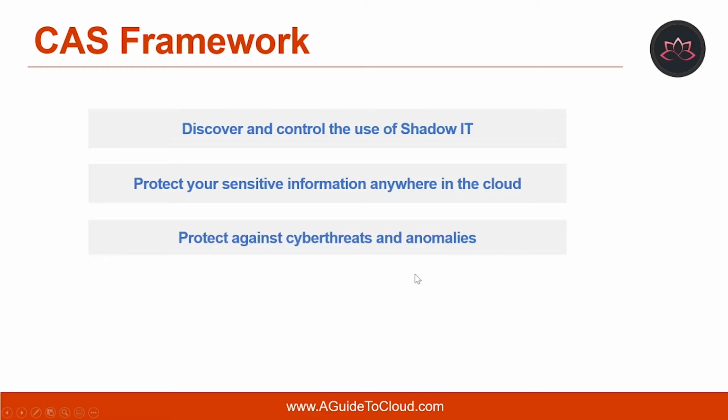Then protect against cyber threats and anomalies. This will help you detect unusual behavior across cloud apps to identify ransomware, compromised users, or rogue applications, analyze high-risk usage, and remediate automatically to limit the risk to your organization. And finally, assess the compliance of your cloud applications. This will help you assess if your cloud apps meet relevant compliance requirements, including regulatory compliance and industry standards, and helps you prevent data leaks to non-compliant apps and limit access to regulated data.